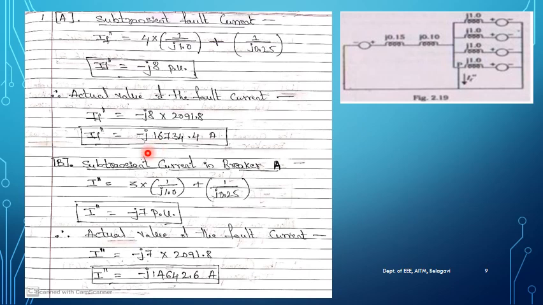So next, our next question is what? To find out the sub transient reactance in the breaker A. Okay, so let us find. So this point is having a breaker A in our problem statement, is it so? When the fault is created at this point, the circuit breaker A will get activated.